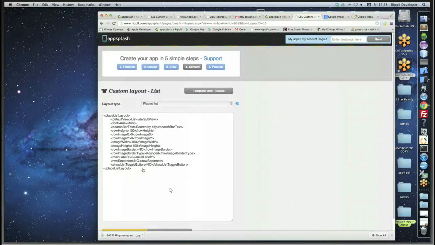Recently added these list layouts, so people loved the fact that you could edit the place layout